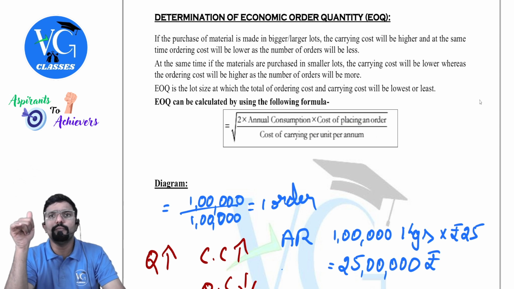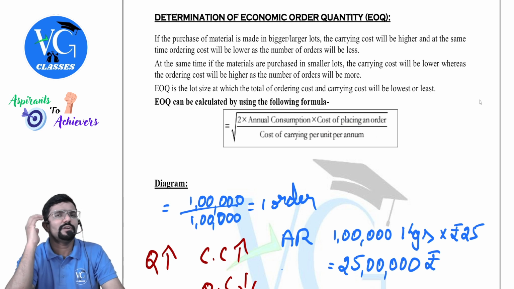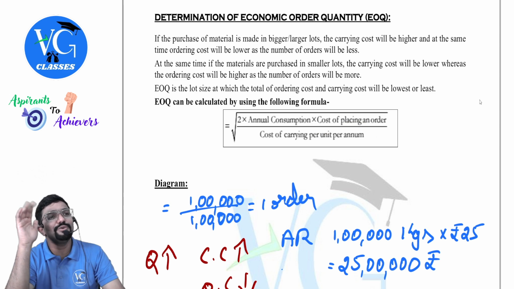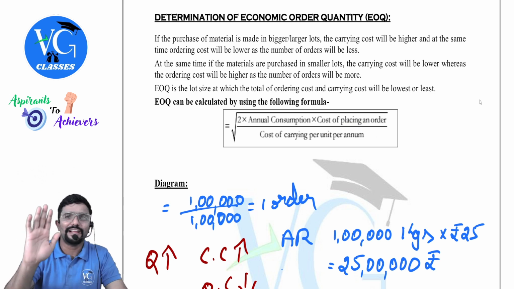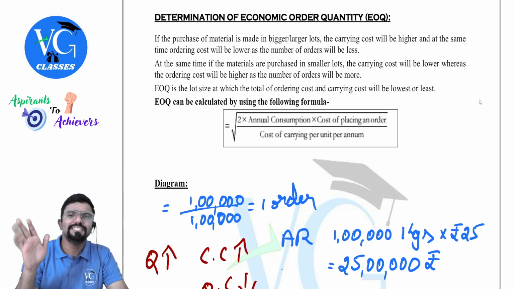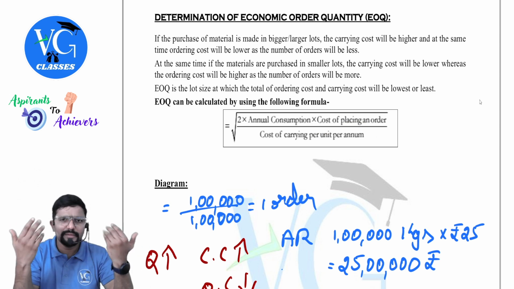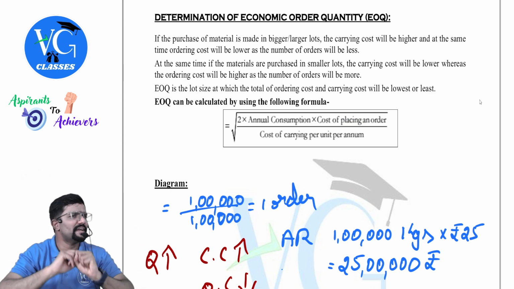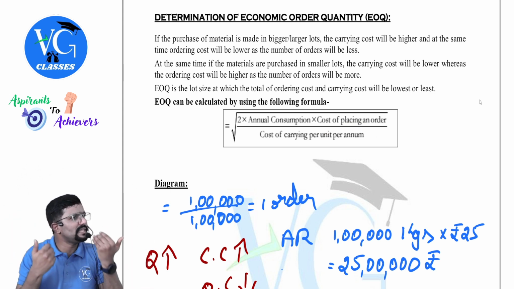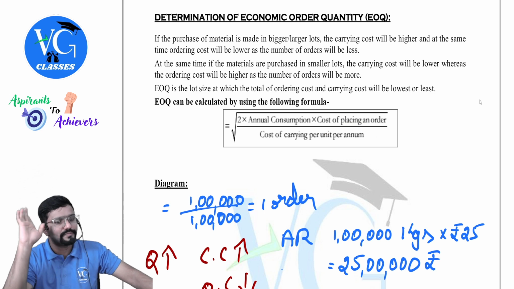Understood? Sir, question is silent, sir. How many days will I take? 365. Don't scratch your head. What if it is leap year? For costing, just take 365 days if question is silent. Or if they have given, sometimes they give, assume 360 days in a year, assume 350 days in a year, assume 300 days in a year, please take the same. Hope you guys got it.